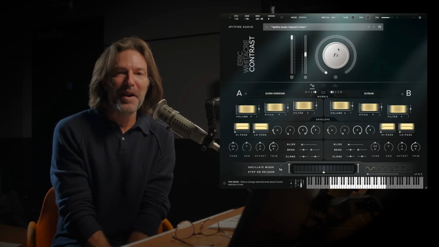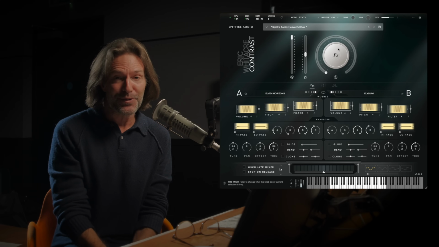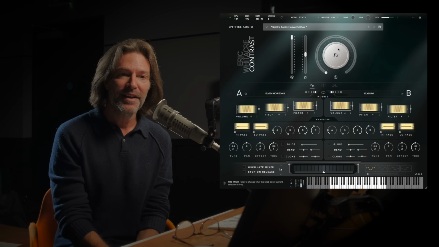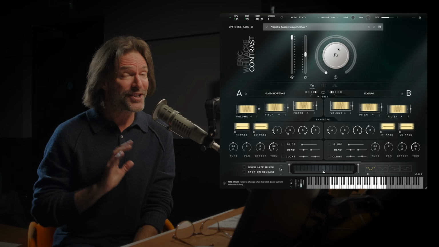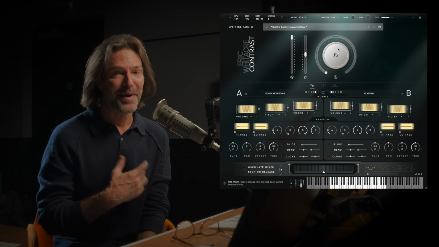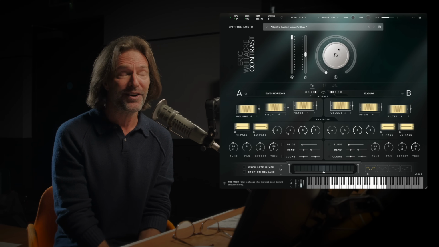I am playing my brand new sample library with Spitfire, Contrast. That sound that you just heard there was from the synth engine, and I'll talk about that later on as we go through this walkthrough. The synth engine is super cool. I'm very excited by it, and especially because we've got some guest collaborators who have made presets that are just